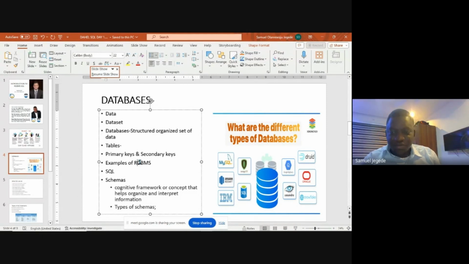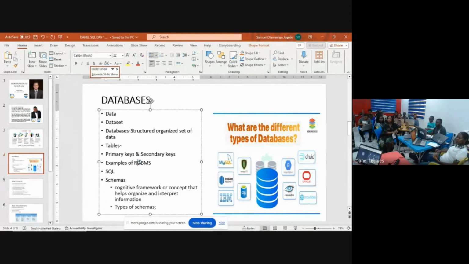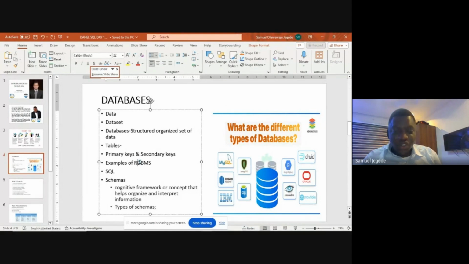That's the same thing. It's not everybody that can communicate to the database. People that can communicate to databases are people that do what? Number one, you must have access to that database. And number two, you must what? You must understand the language. The language is English, but the way we write it is in line with English, but there are some syntax that you need to know. So that is what I'm breaking down. I'm breaking it down for you.